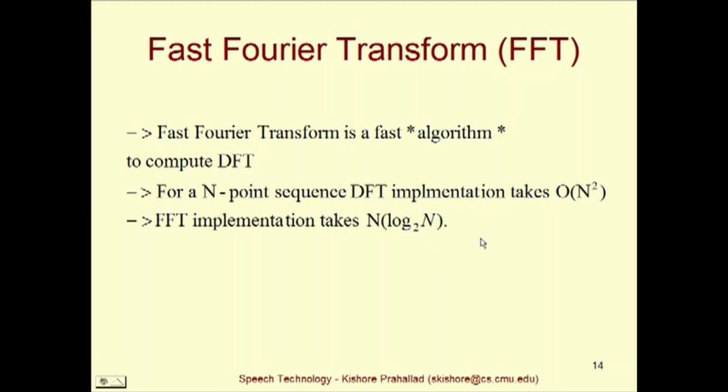I don't want to further go into details of how this reduction in the computation takes place. You should be able to get this information from a more regular signal processing course or by the textbook which is there